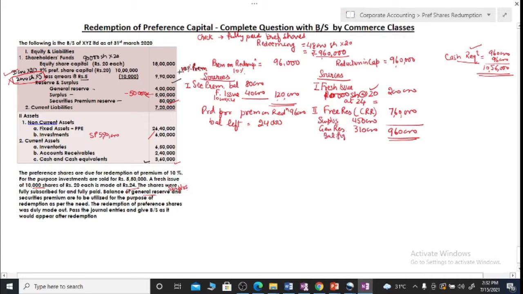So our balancing figure, our general reserve requirement, was 3,10,000, because we have a total of 7,60,000 required here. We can give a note that after this we utilized our surplus fully, and in the general reserve we are utilizing 3,10,000. So 90,000 balance will be left, and this much will be the transfer to CRR. So this is how our notes appear. After that we can pass entries for redemption and repayment, but we don't need to make any notes for the same. Now this is done.